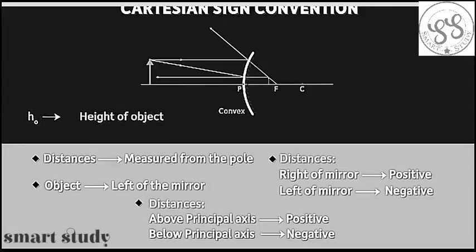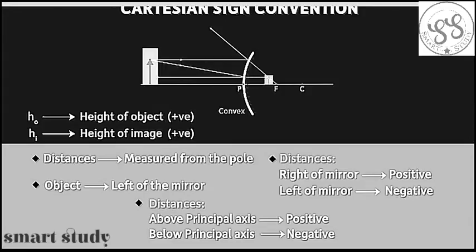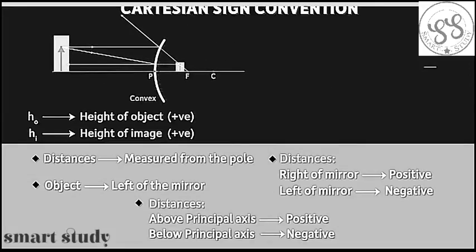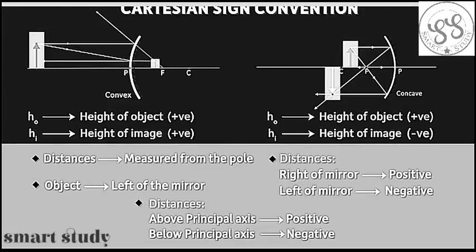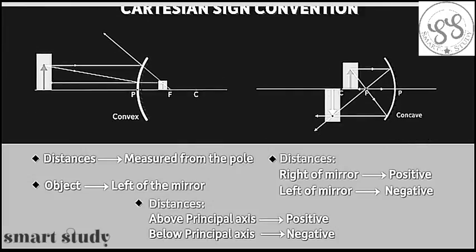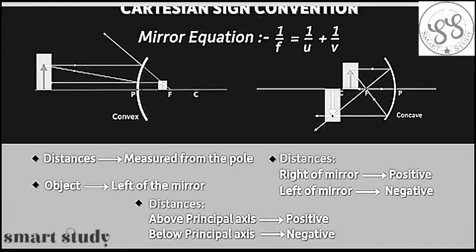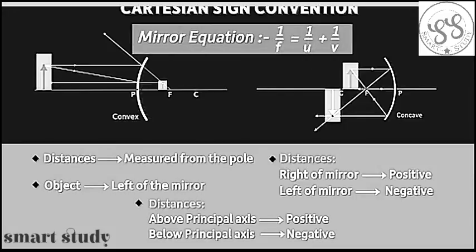So if we were to consider heights of the object and the image, both these distances from the axis are above the principal axis. Hence, they are taken as positive heights. Now, if this was a concave mirror and if the object was placed between C and F, then the object's height will be considered as positive, while its image's height will be considered negative as it's inverted. That's it. These were the 4 rules that we have to keep in mind. In order to use this mirror equation for any mirror, we must make sure that all these rules are being followed. In the next video, we will solve a few examples based on this equation.